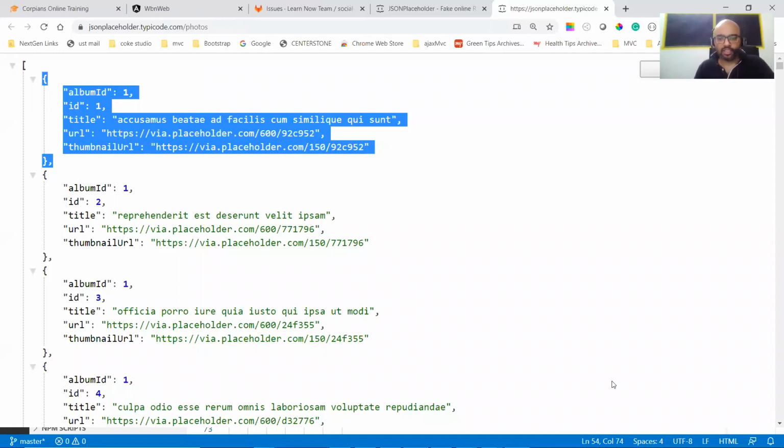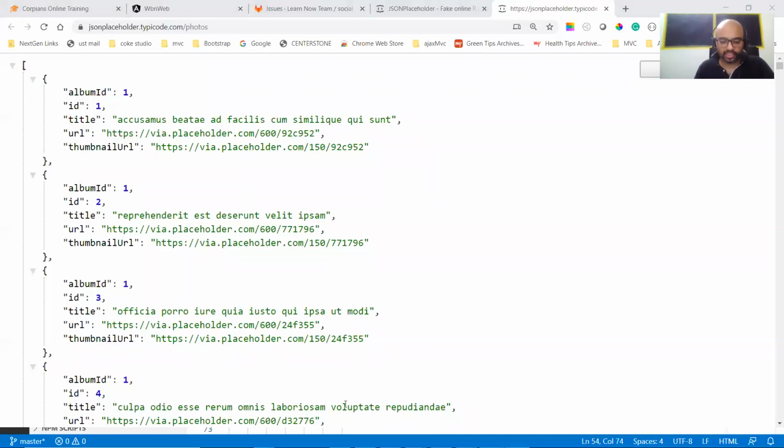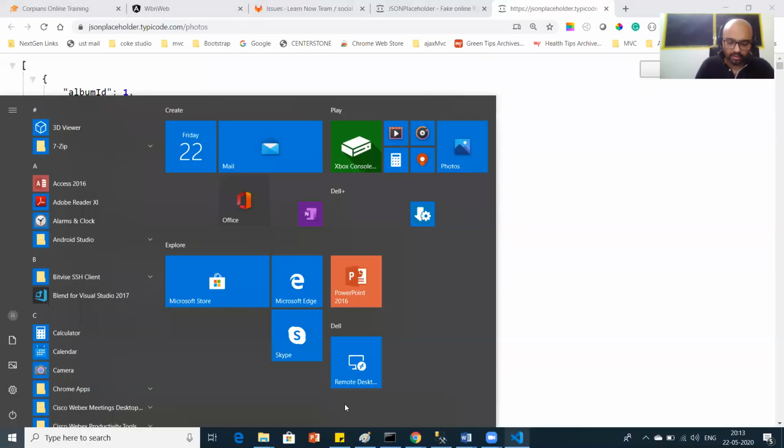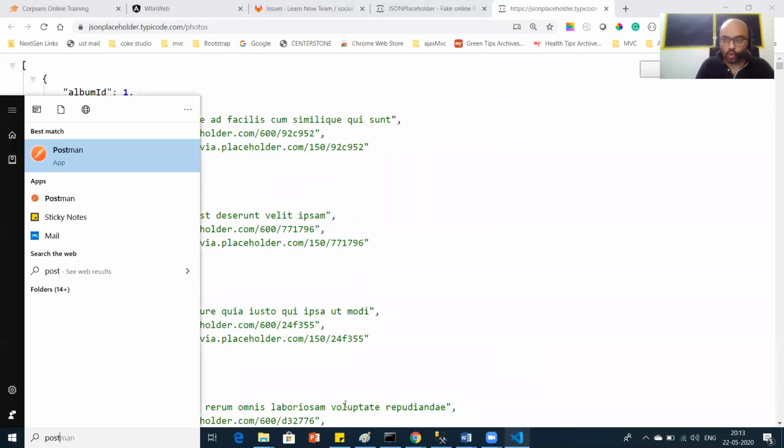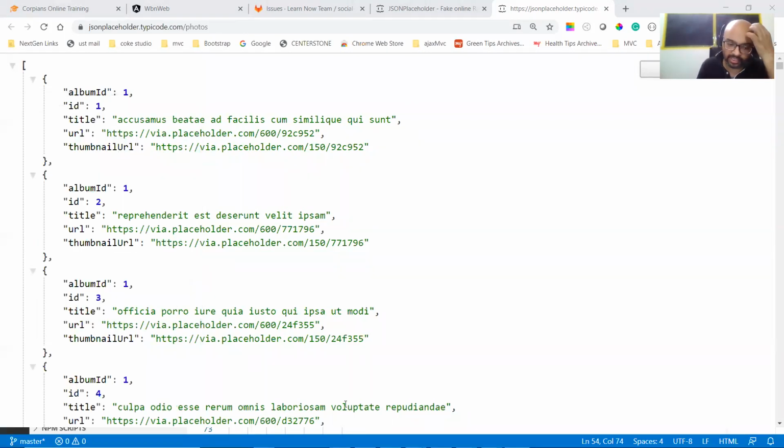Let's see some real quick way to test it. Okay. There is a tool called Postman. You all should have this tool. If you don't have, obviously you will not be having. Download it quickly on your system, Postman, because you will be using it every now and then while working in this project.